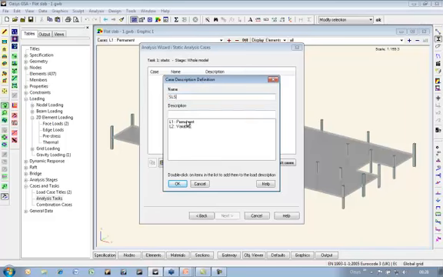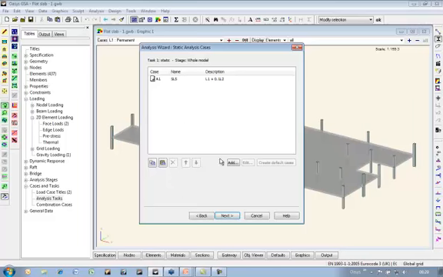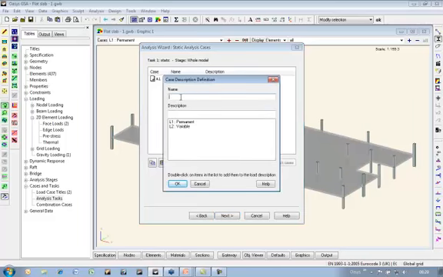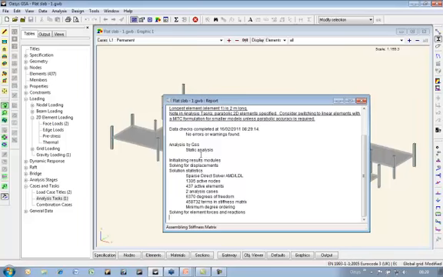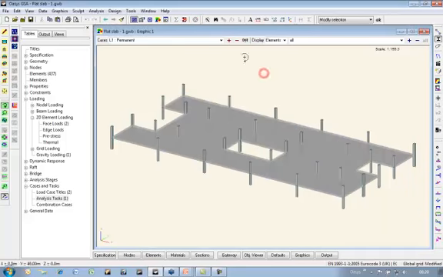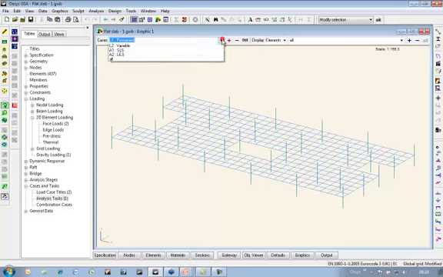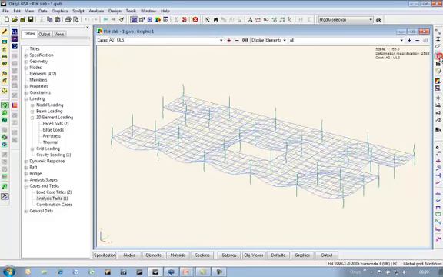So serviceability limit state, which is dead and alive, and just 10% alive, and also a ULS case, which would be 1.35 dead and 1.5 live. If we analyze these, we'll see what we actually get if we go to, well, it's going to be ultimate limit state case,